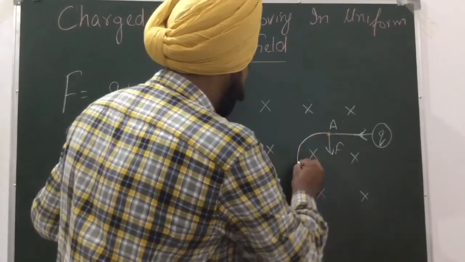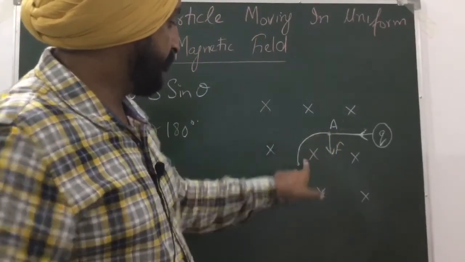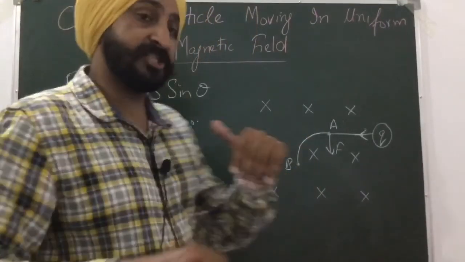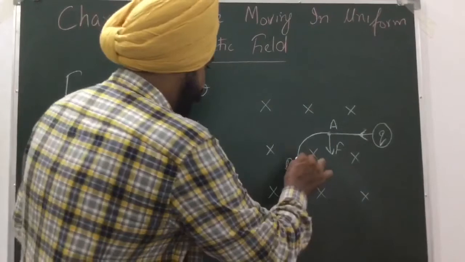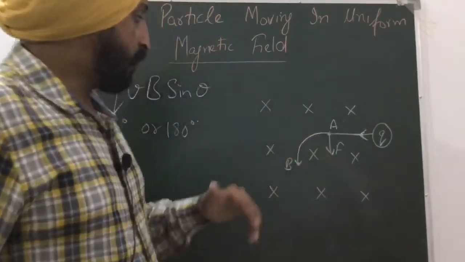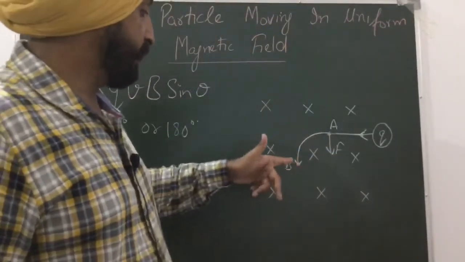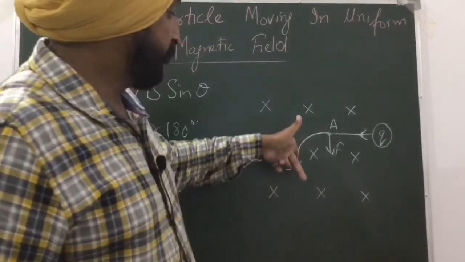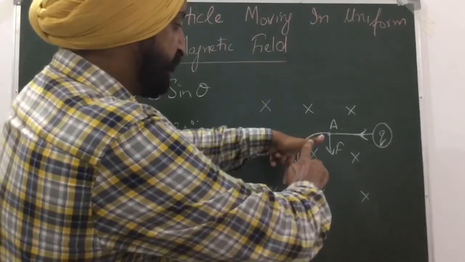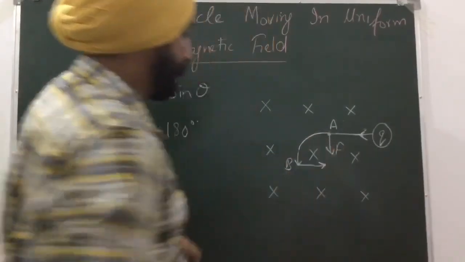Now let us suppose that this charged particle, due to this force, is bending and it reaches a point B over here. Now at point B, what is the direction of velocity? It is moving in this direction, so this is the direction of velocity of this charge. Now we will again find the direction of force. Applying Fleming's left hand rule again, the magnetic field is inward, the charge is moving in the downward direction, so the force that it is experiencing is in this direction. So I would be drawing it like this.